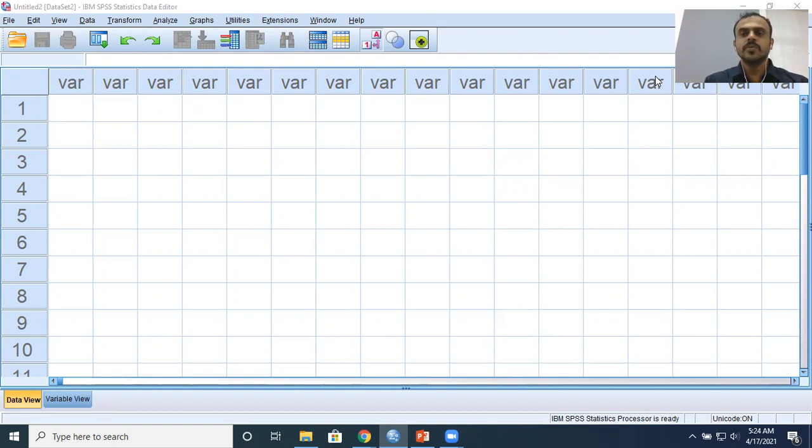Now, you may ask me a question, what are these four important assumptions that we need to look at while we do Pearson's correlation coefficient? The first and the foremost assumption that you need to keep in mind is that the two variables must be continuous. I repeat, the two variables that you will be including for your analysis must be continuous.